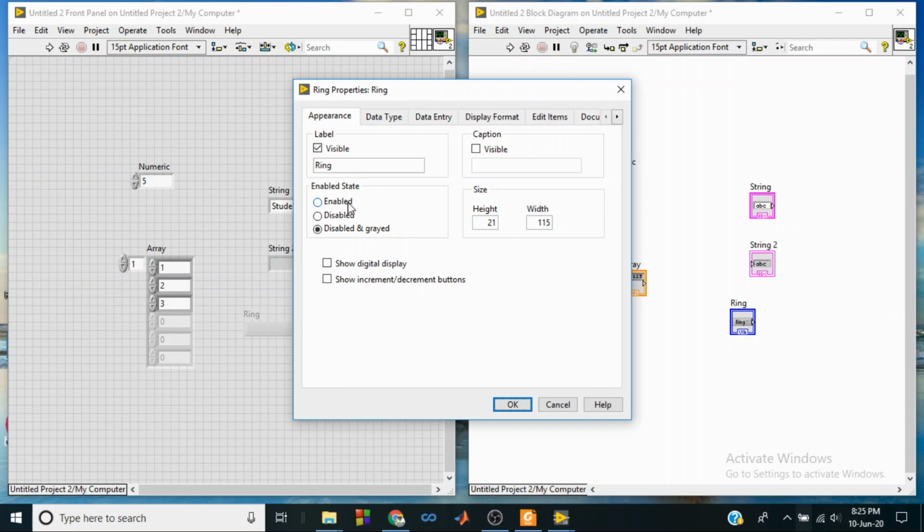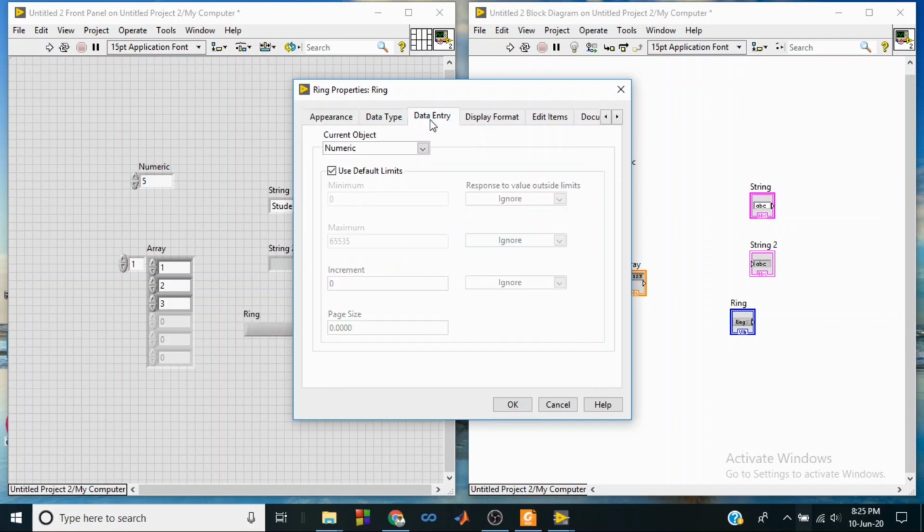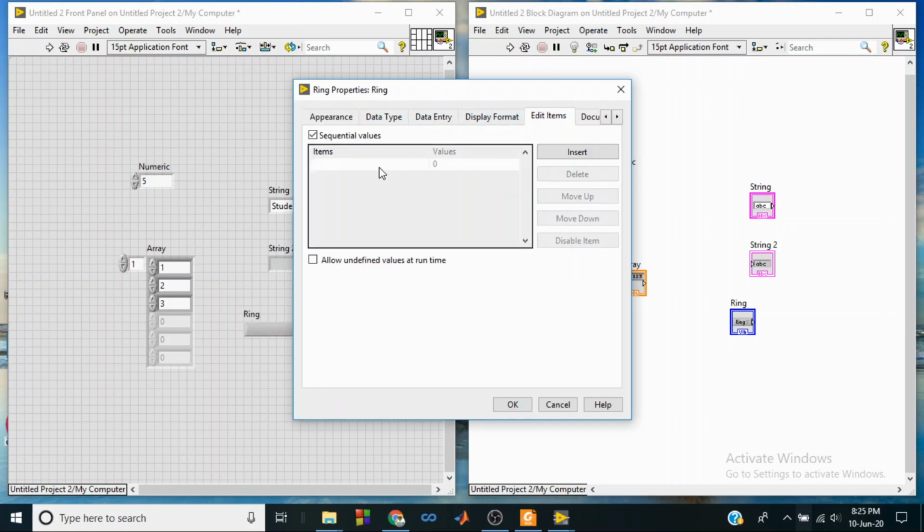In this case, I'll enable it and add some items into this. For example, I'll write 1. I'll add 1 and give it a value 0 and insert 2. Automatically the values are appended.